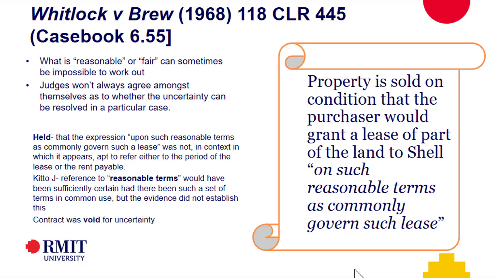So obviously though, who in their right mind would want to leave that to the courts anyway? Wouldn't we be better off saying the property will be sold to you on the condition that the purchaser will grant a lease to Shell for 5 years at no less than X rent, or on the terms attached to this contract? And you do it as a multiple deal. Now, in this particular case, it was the vendor who wanted to get out of the contract. From memory. Oh no, we get to that one later.